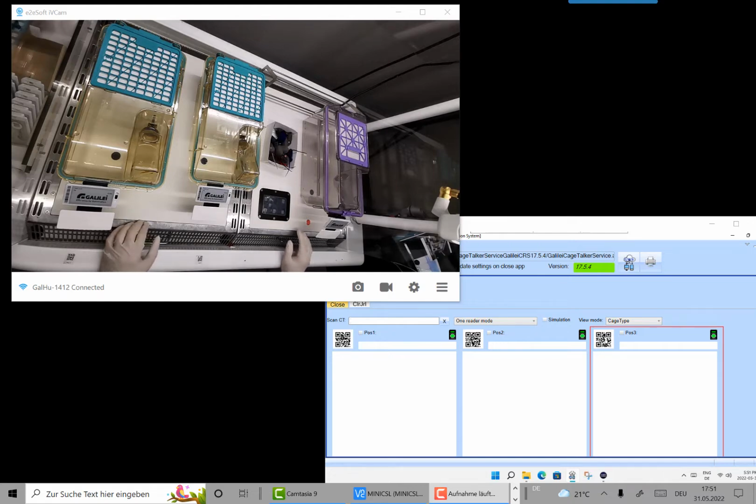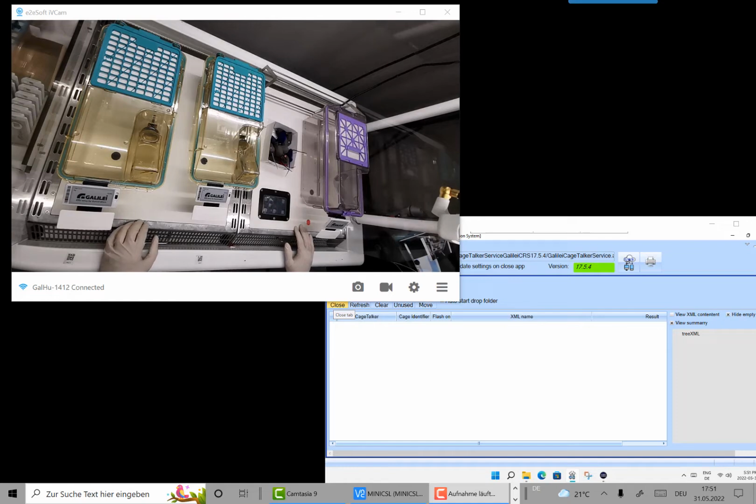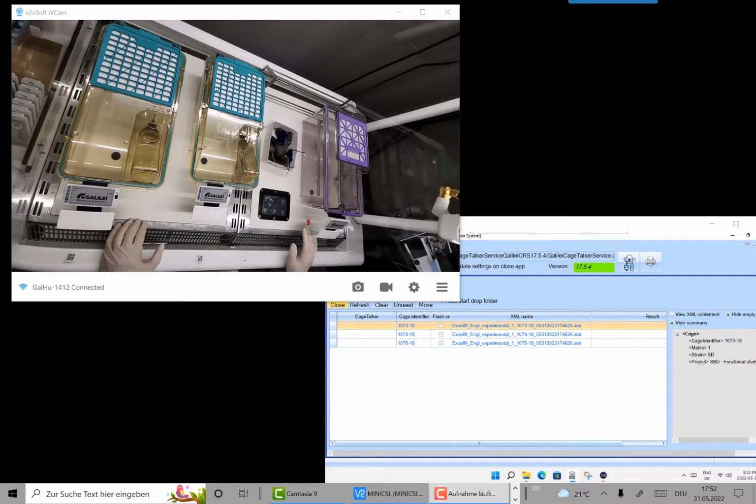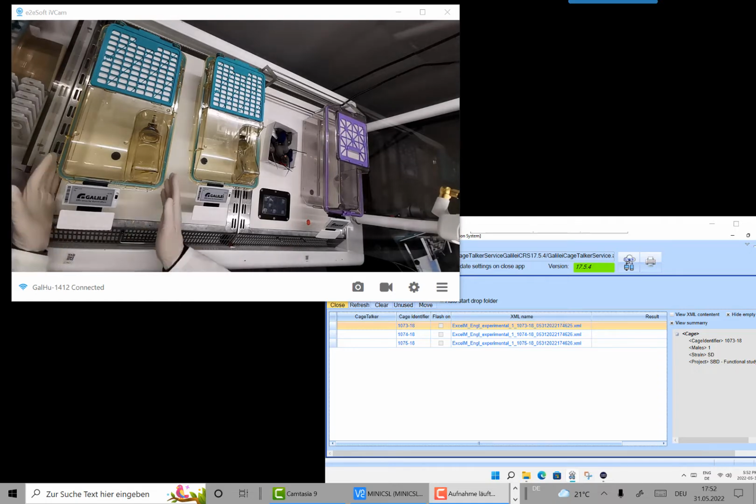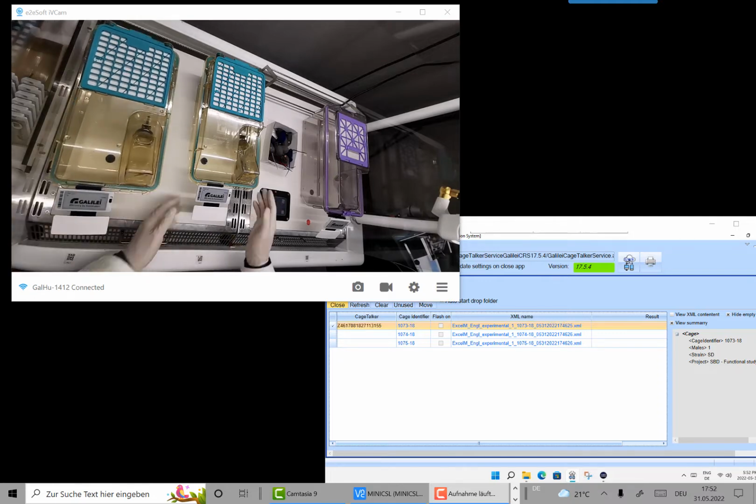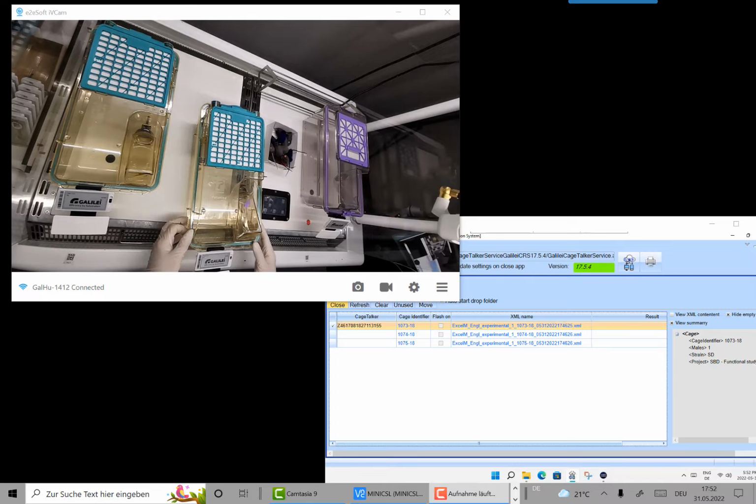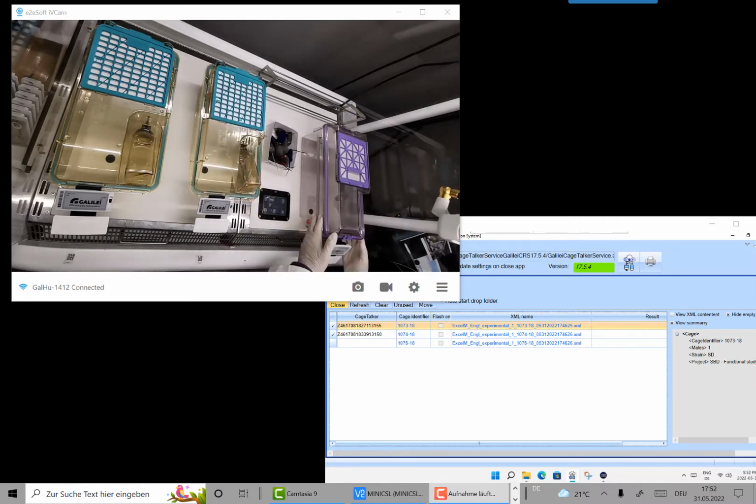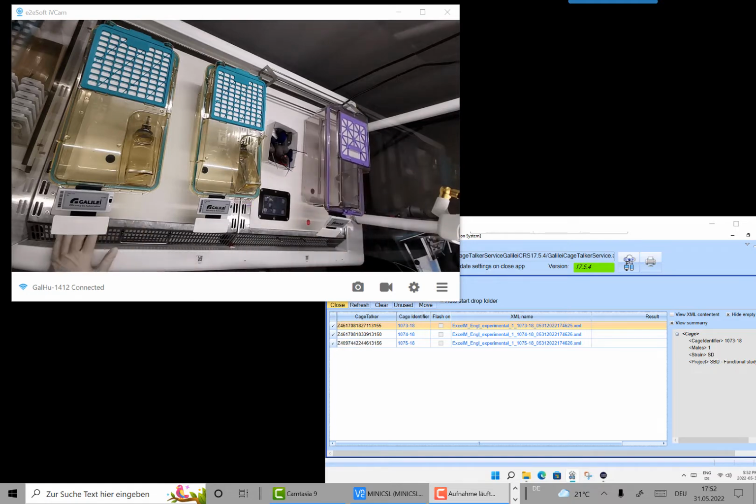So the first step is that we practically assign CageTalkers to cages. In order to do this, I call this assignment screen, and you see there are 3 cages with no CageTalkers assigned. We just call the first one, the second one, and the third one. And what I'm doing now on the board with the RFID readers could also be done with a scanner, but I think this is quite